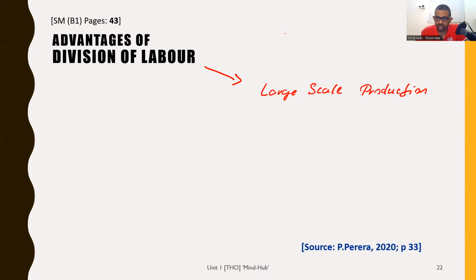We pay for things in money. We earn income in money. We complete our transactions in money. We measure our wealth in monetary terms, we collect our wealth in money, save in money. Everything is about money. We maintain our accounts in money. So we live in a monetary economy, which means you're using money as a medium of exchange.